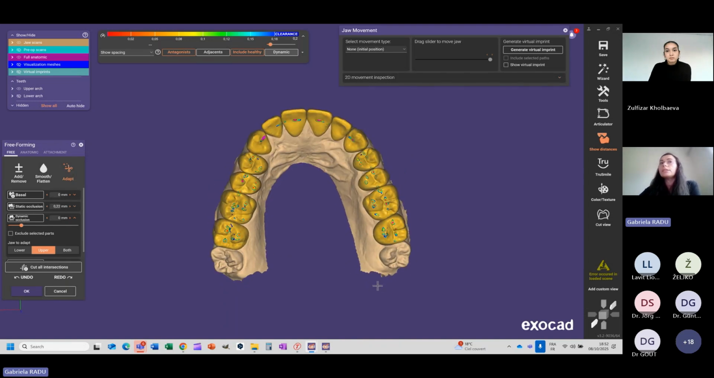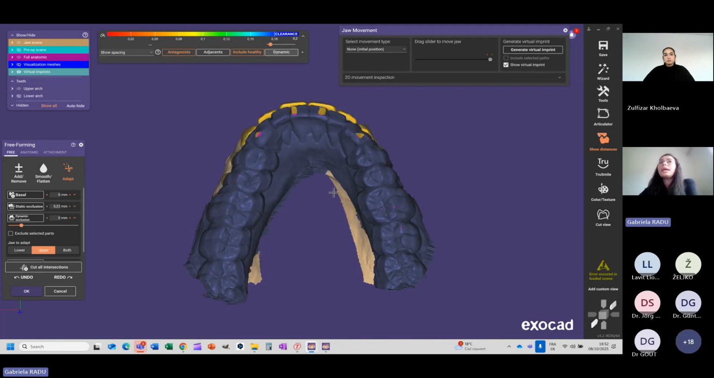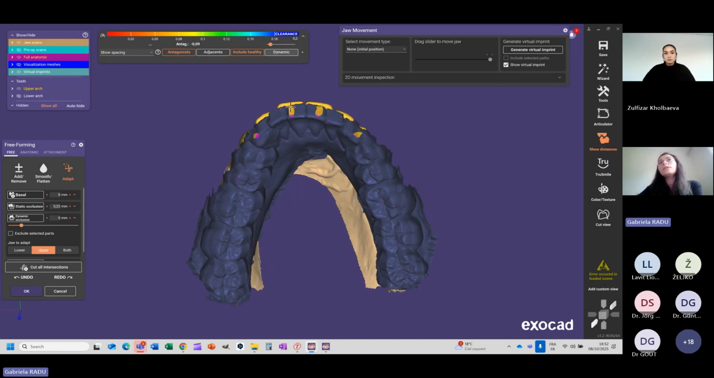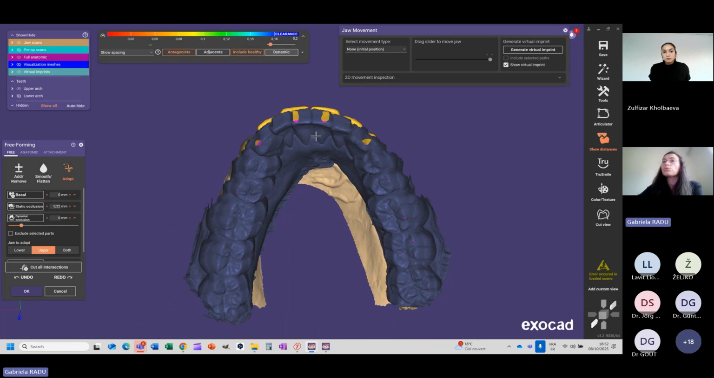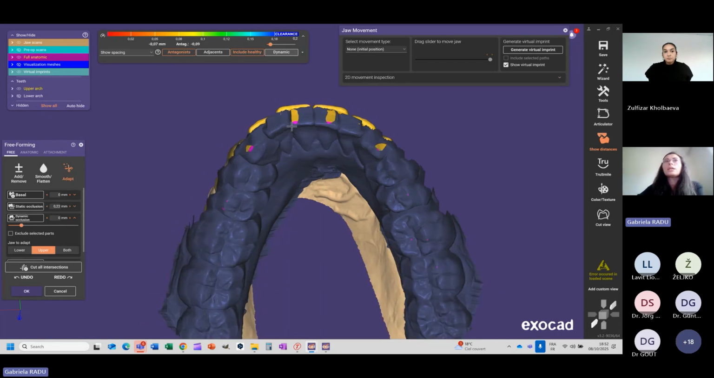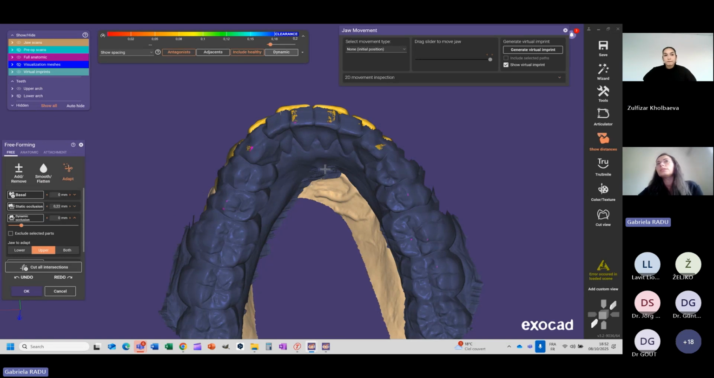And after this, we'll be able to adapt in dynamic with the motion. As I said, we will generate this virtual imprint to be able to adapt any intersections or surfaces from our design that would prevent the patient from doing the correct movement. Like we see here, we have some intersections with our design, and just by one click with dynamic occlusion in Exocad, we will get rid of any